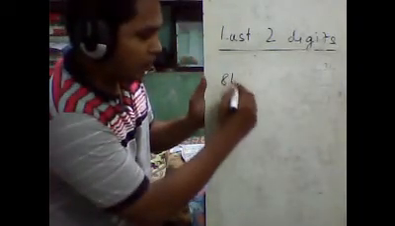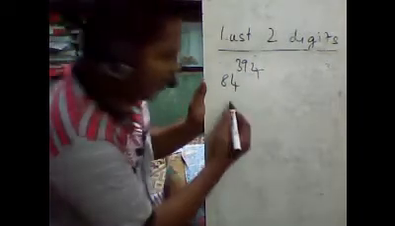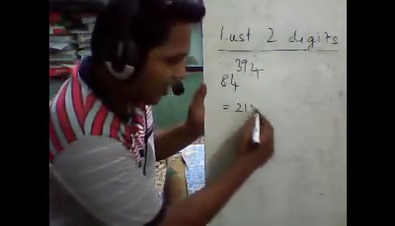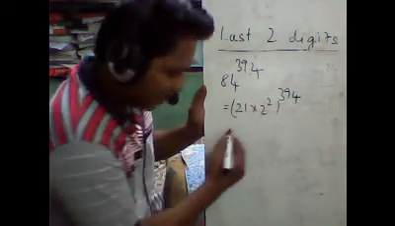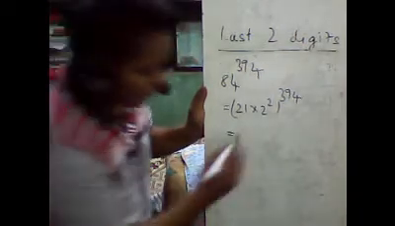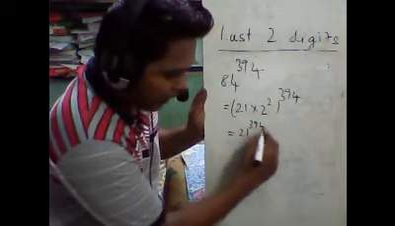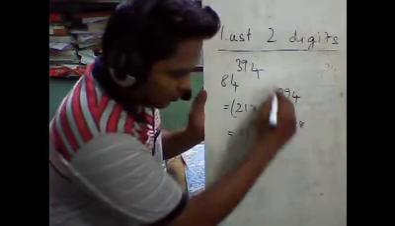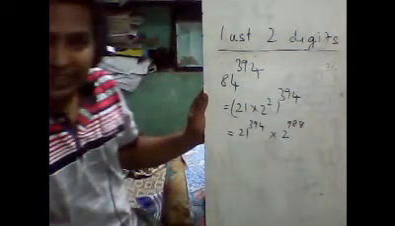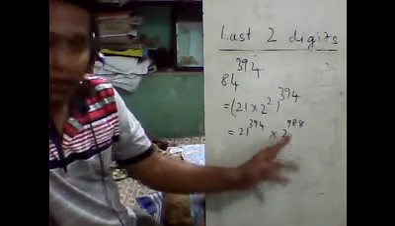Let us take 84 to the power of 394. 84 to the power of 394 is nothing but 21 into 2 square, the whole raised to the power of 394, which is nothing but 21 to the power of 394 into 2 raised to the power of 788. 2 raised to the power of 788 is nothing but 2 raised to the power of 10 raised to the power of 78